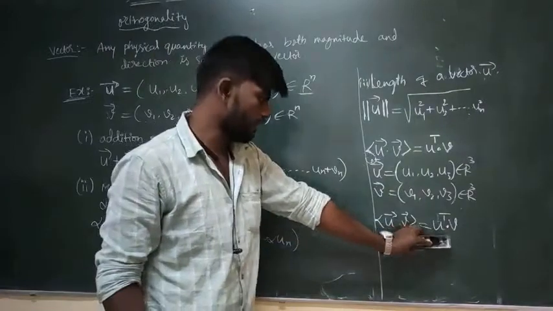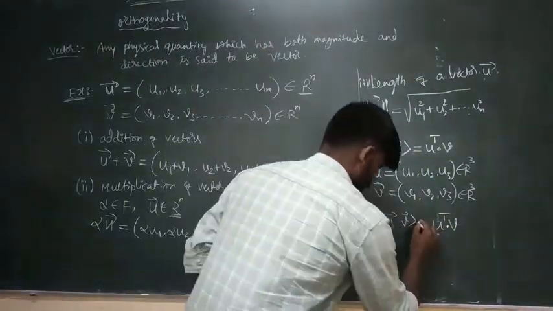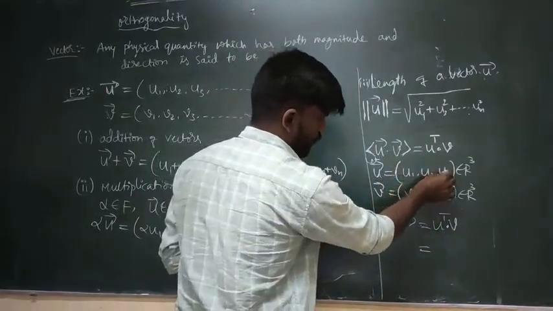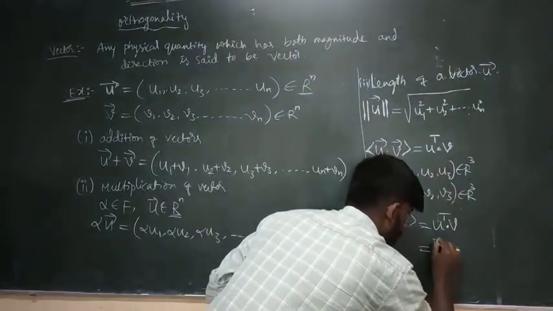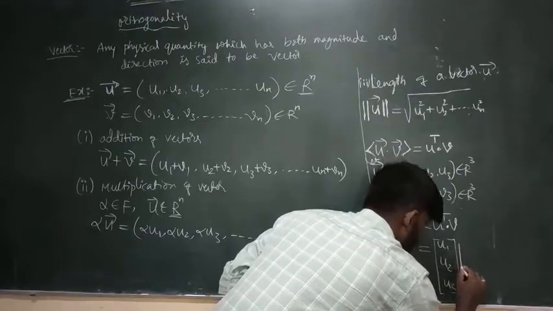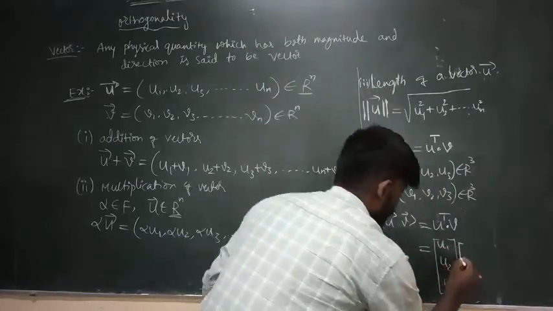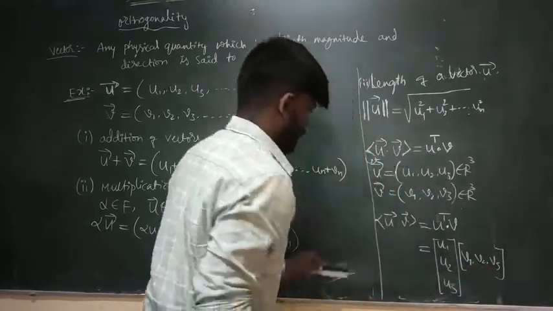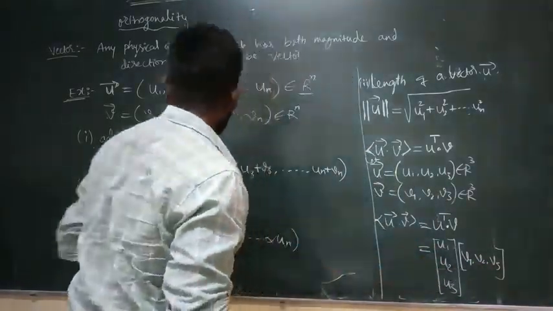Here u transpose is the row vector u1, u2, u3, and v is the column vector v1, v2, v3. The inner product of these two vectors gives